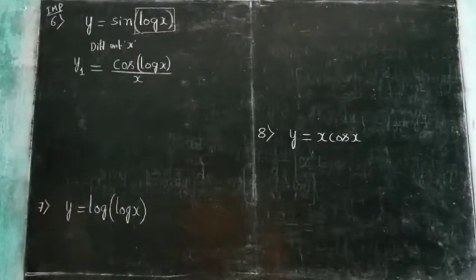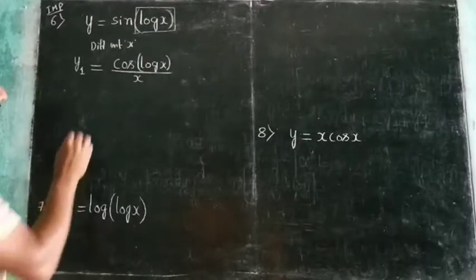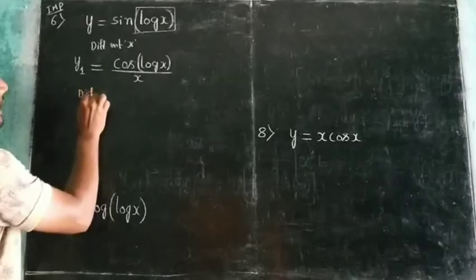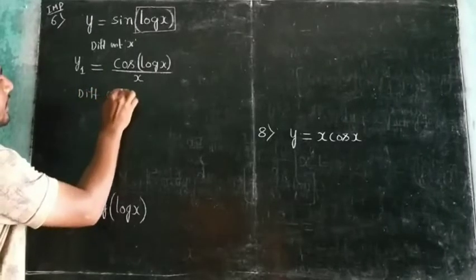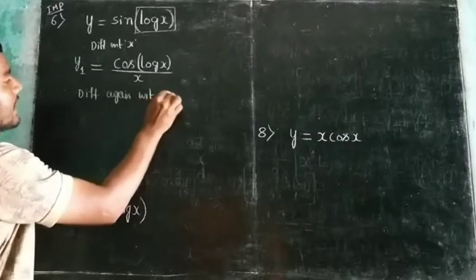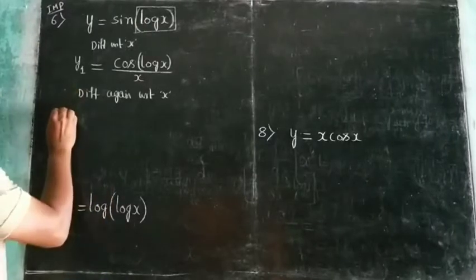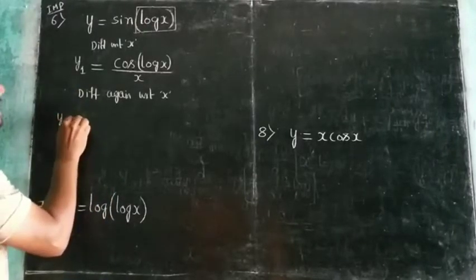This is the first derivative, or y1. Next, for the second derivative, differentiate again with respect to x. The derivative of y1 is y2 is equal to,